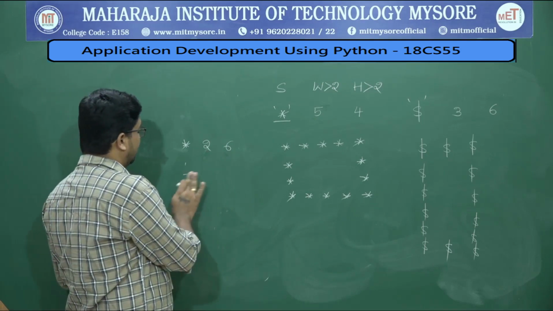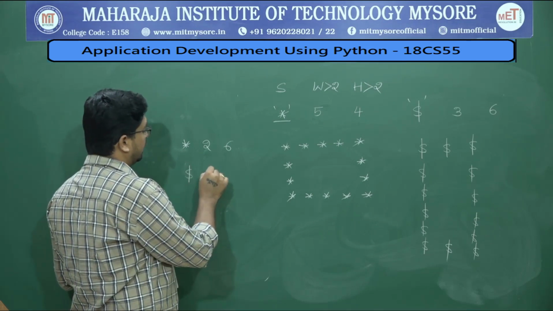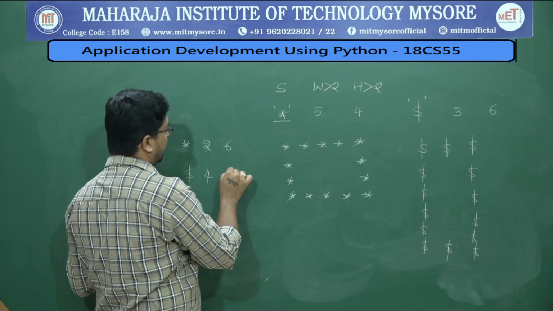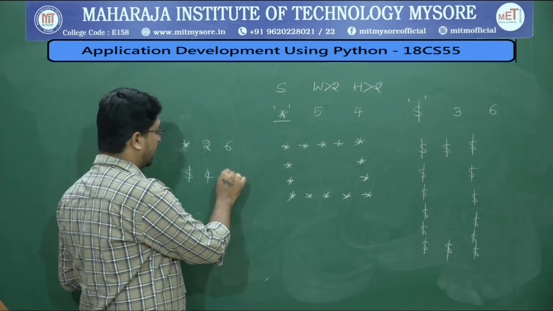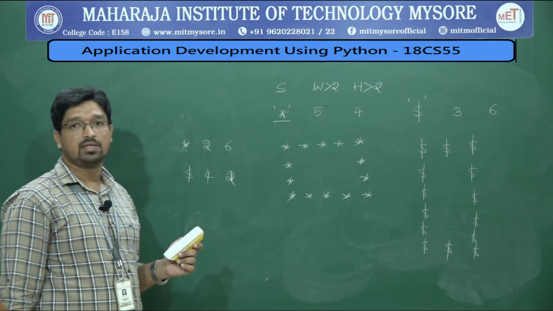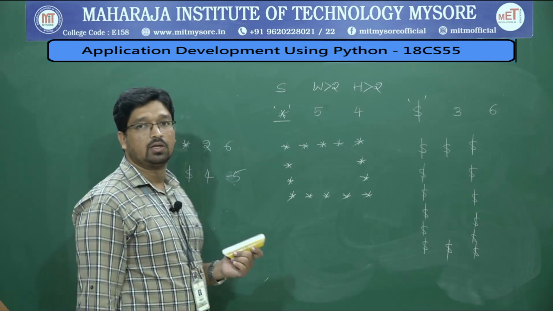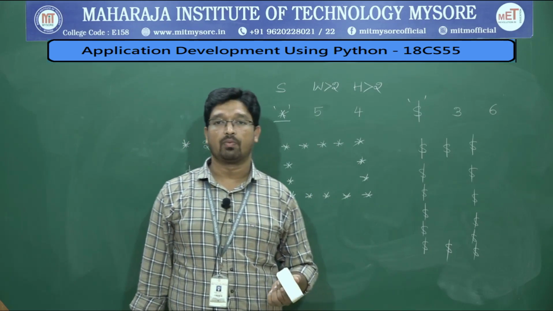In the same way, let us say $4, width is 4, but I want only 1 height, then you should raise an exception. Or if the height is only 2, you should raise an exception, or if height is minus 5, you should raise an exception. So this is the problem statement. So we'll solve that problem.